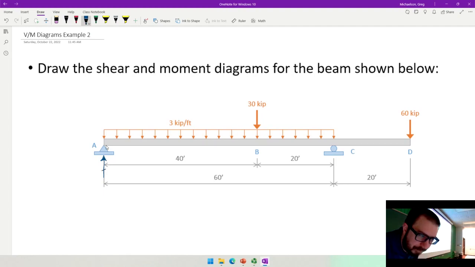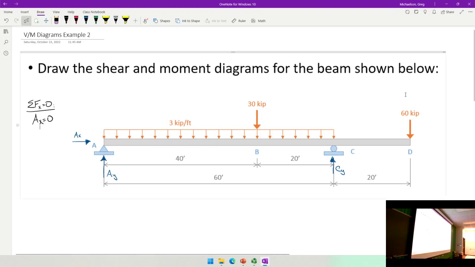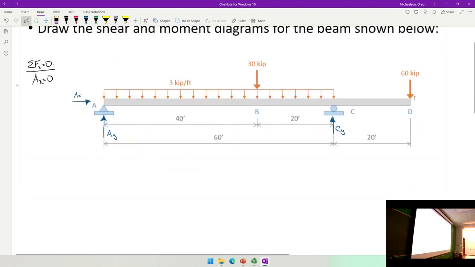So we'll call that AY, CY, call this AX. But do we know what AX is going to be? 0, yeah. For a lot of these beam problems, that's going to be the case. Okay? Now,